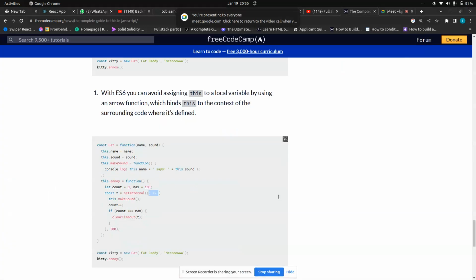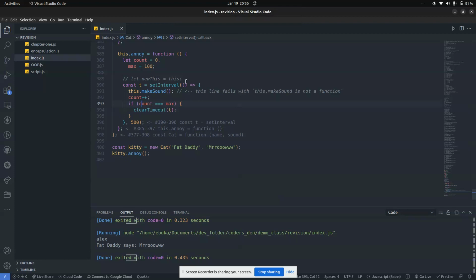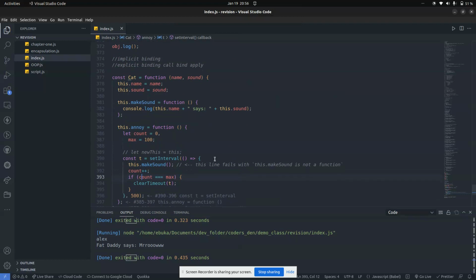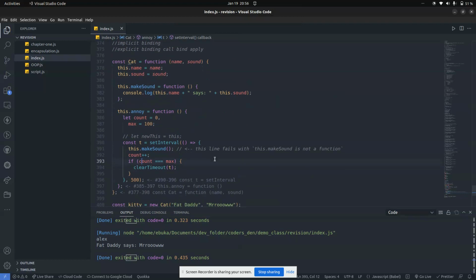So what I'm saying is the arrow function, right? It modifies this so that this in the arrow function is the one of the object, of the global object. Does it make sense? Okay. So what I'm saying is another way to